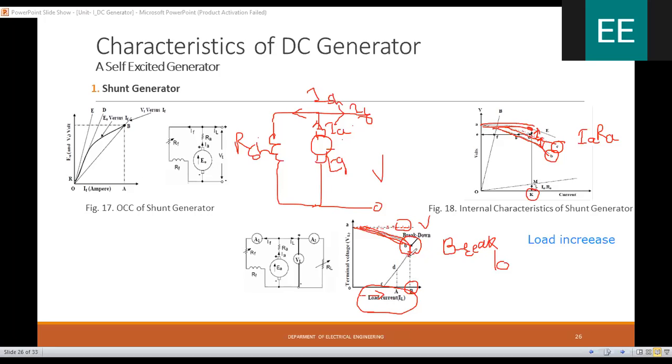the voltage will reduce. Again the load current of the machine will reduce, and at some value of current the voltage of the machine is equal to 0. या व्हॅल्यूला मशीनचं जे काय व्होल्टेज असेल ते 0 असेल.